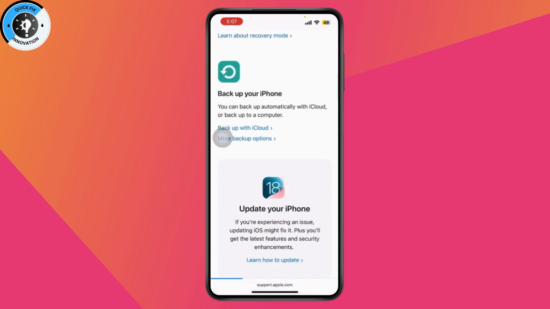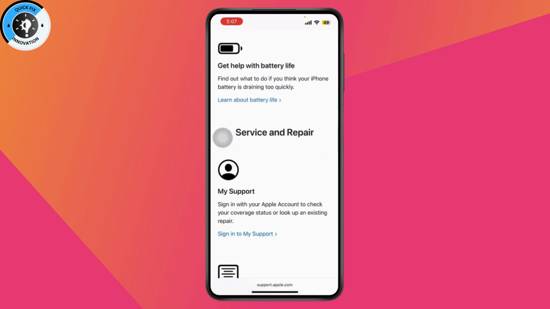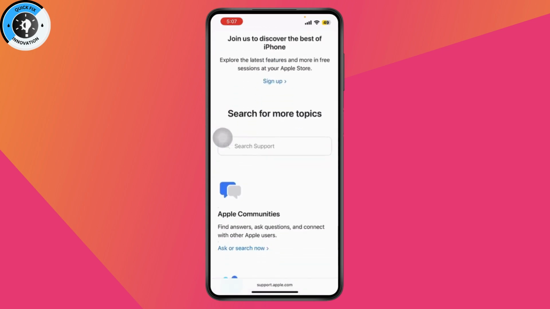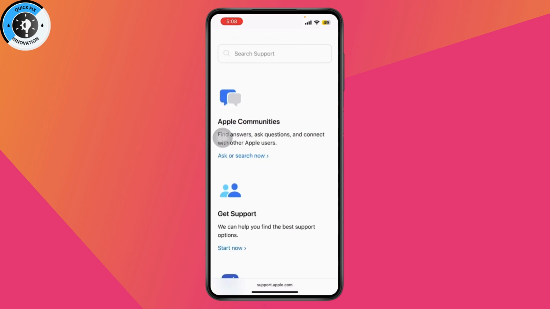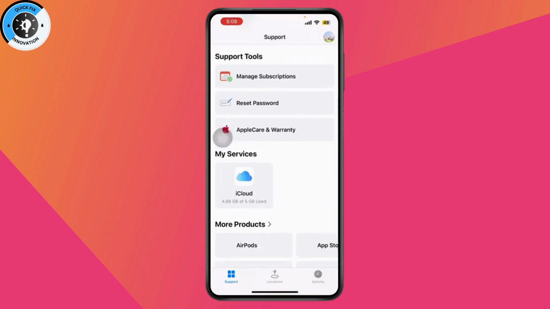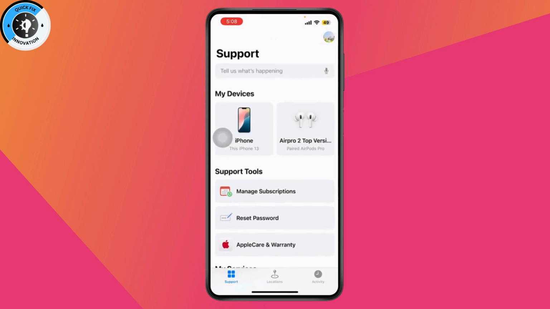And from here you need to scroll down again, and here you need to tap on my support, or just scroll all the way down, and here you will have search for more topics. You will get this kind of interface, and here you will have get support. So tap on start now, scroll down and then tap on more section, or you can also search for iTunes